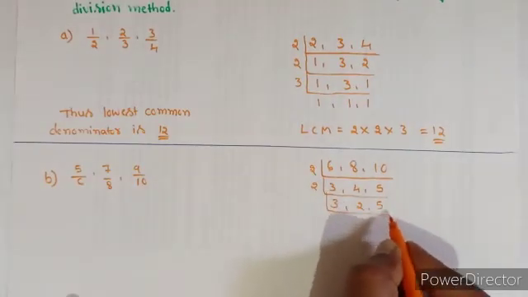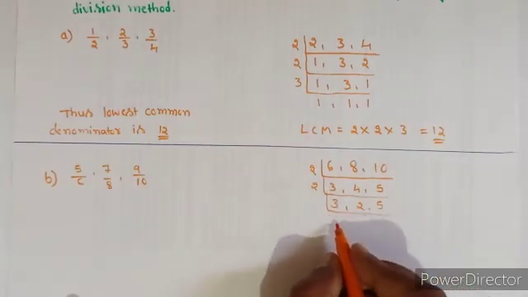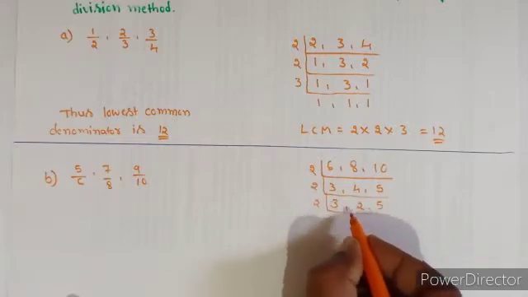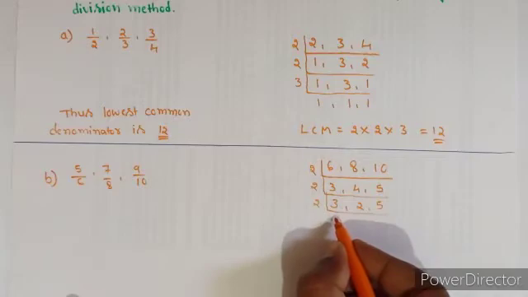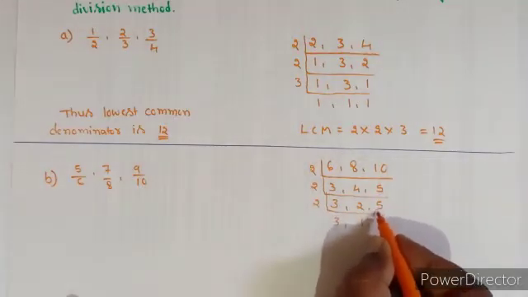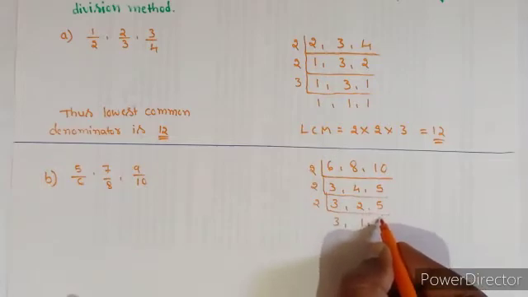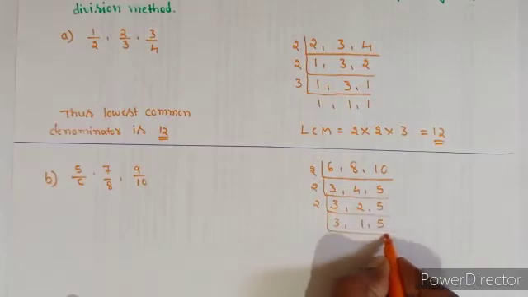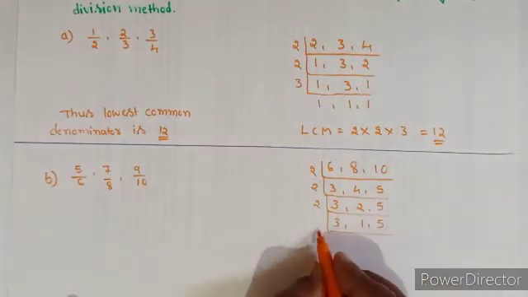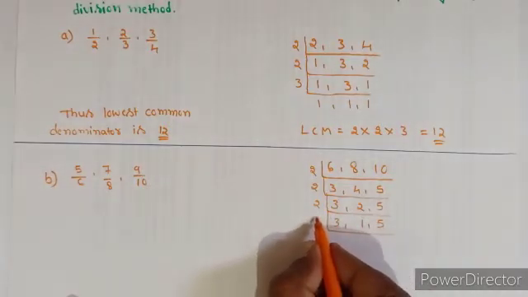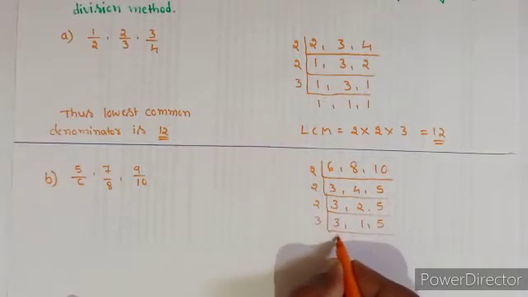And again the smallest prime number which divides at least one of the given numbers is 2 only. Okay, 2 can't divide 3, bring it down as it is. Okay, 2 ones are 2. Okay, and 5 also we can't divide by 2. Okay, bring down 5 as it is. Okay, now we got 3, 1, 5. Okay, so the smallest prime number which divides at least one of the given numbers is now 3. Okay, 3 ones are 3.